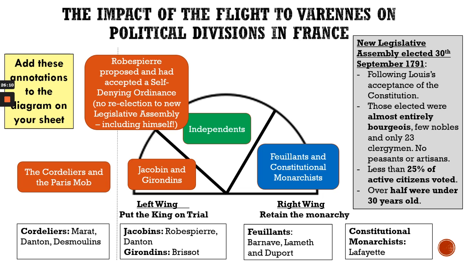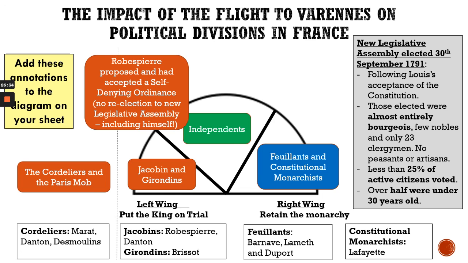Okay, they shouldn't be allowed to be re-elected, and therefore we would get a whole new group of politicians put into place, and all of these divisions which had emerged between these different personalities would be done away with. And this was successful. This was actually accepted. Okay, and we can also say that Louis accepted this new constitution, and you can add this on the box